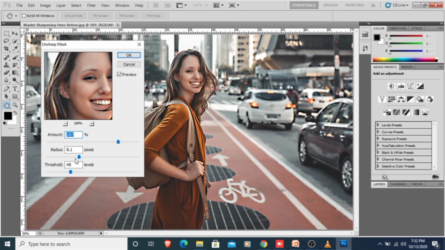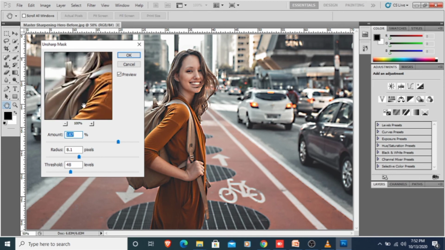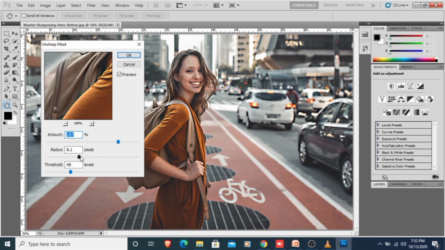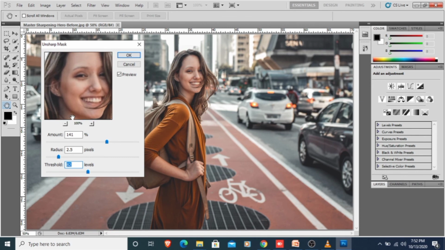Here you can also select a portion of the image. Suppose I want to increase the radius, then I can change the radius, amount and the threshold too, and it will reflect in your image. If I want to sharpen this portion, then I select this portion and increase the amount of sharpening. Then you can see the changes occur on the image.